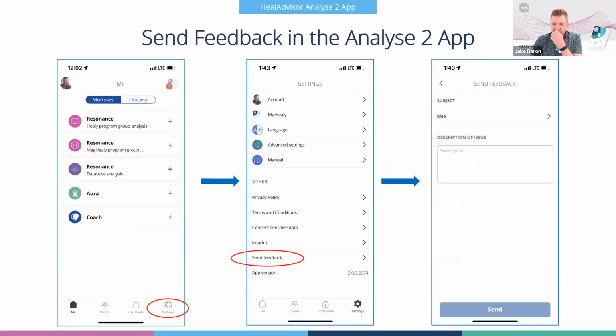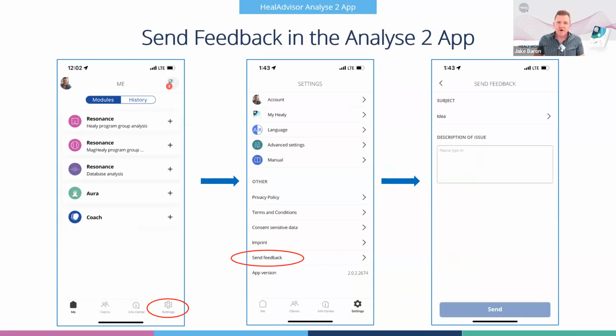There's another big thing that we wanted to point out on this call. A lot of us have been going through the beta app for several months now, and we've sent feedback, and a lot of the things that we've sent feedback on have been incorporated into the most recent version of the app. But this app is brand new still. Yes, it's been in beta for several months, but this version here is the first live version of this app.